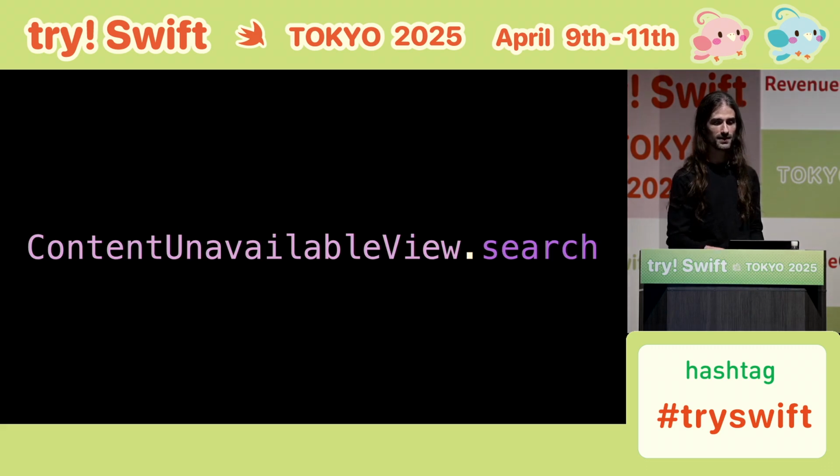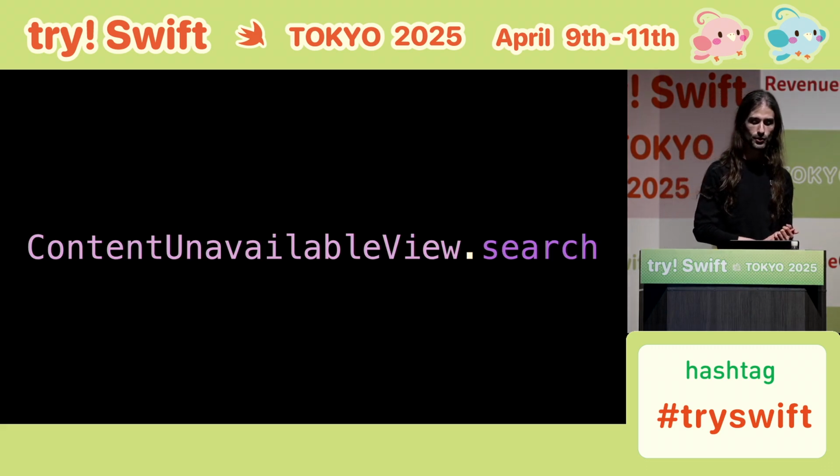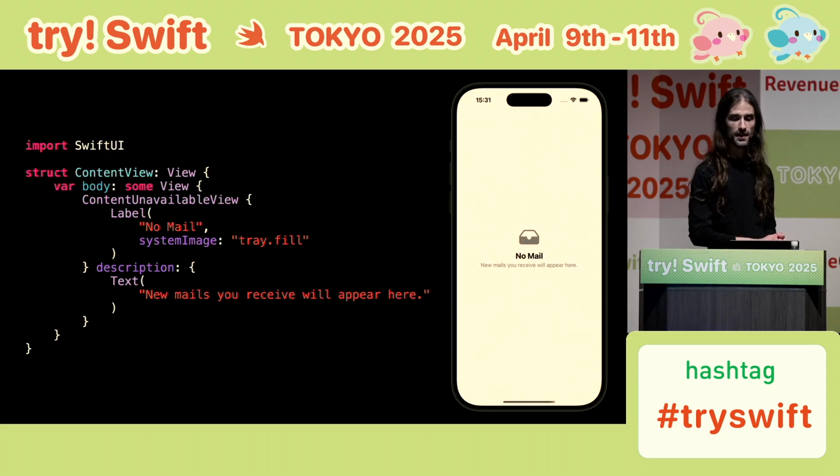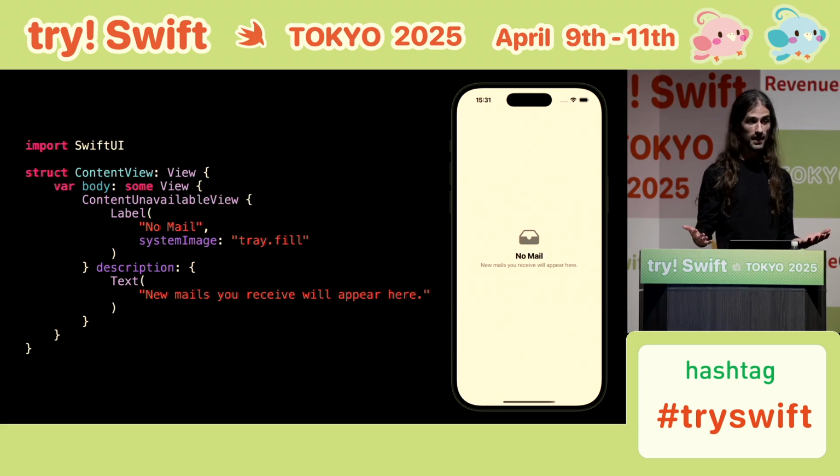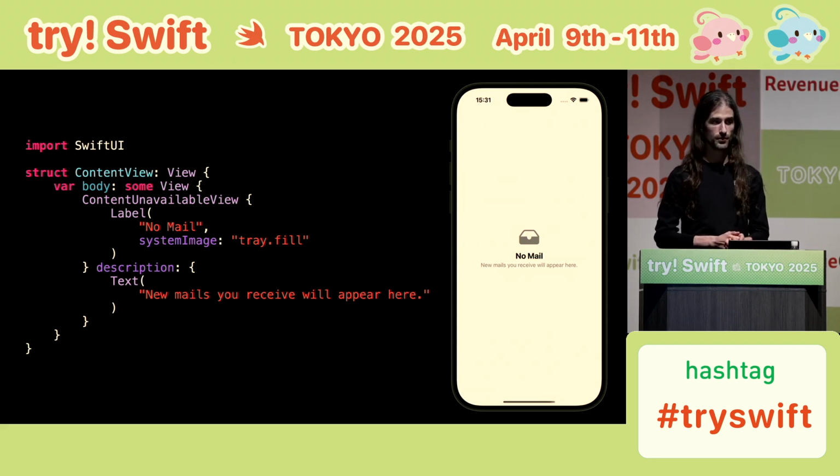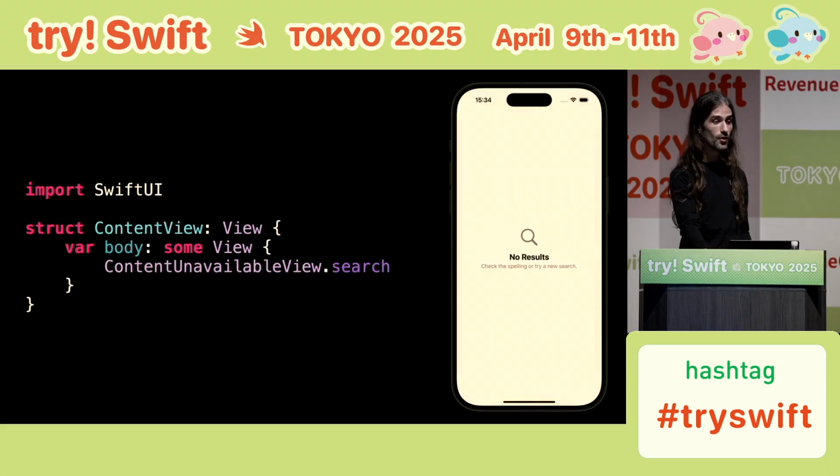So first one is about content unavailable view. So I'm sure you're familiar with this view that allows you to still present some state in the UI when there is no content, which is infinitely better than just showing an empty screen and letting the user figure out what's happening. So I'm sure you are already familiar with content unavailable view because many iOS content creators talked about it at length, but there is a static property on content unavailable view that I wasn't aware existed until I started doing some research for this talk, and it's the static property search,